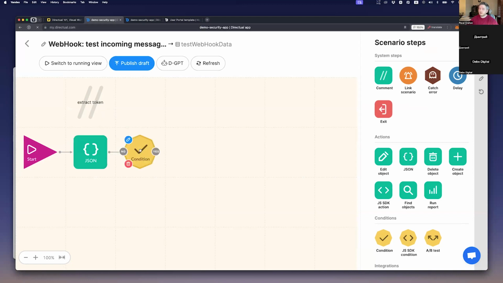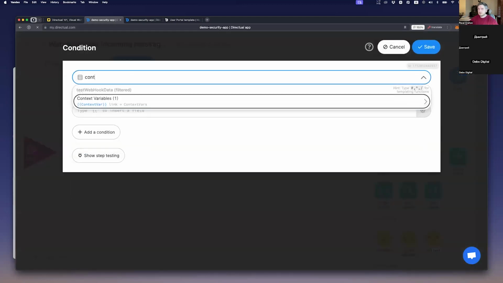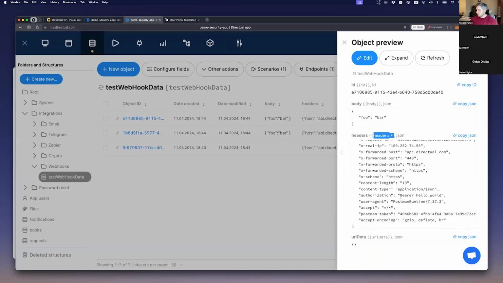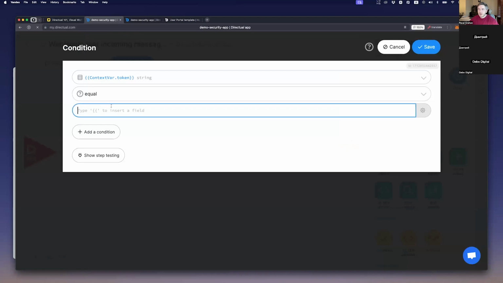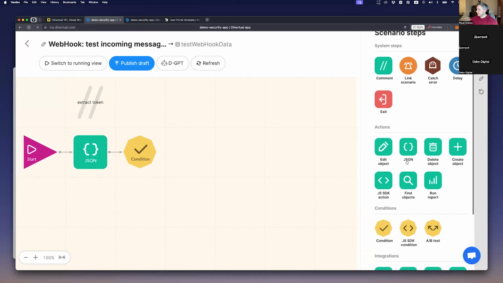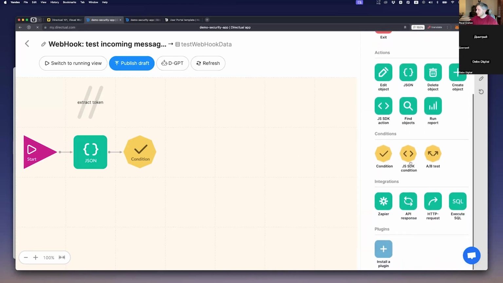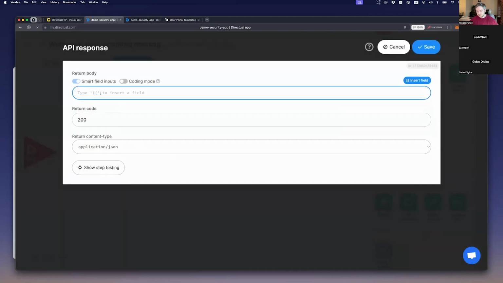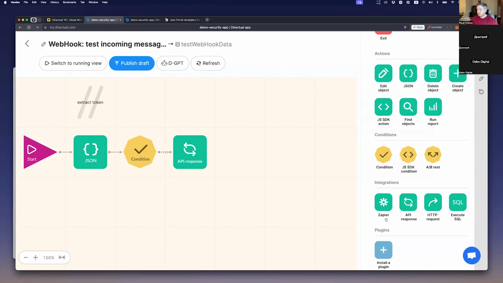And the condition. If that token equals bearer and our password, that means that everything is okay. If it is equal, that would be the step named API response. That step allows us to create the custom response for the API request. That would be just okay. All right, and if not,